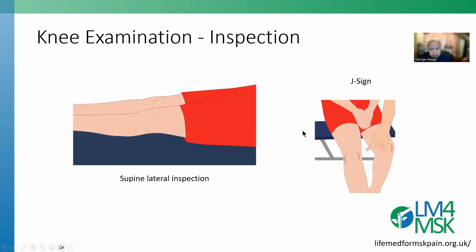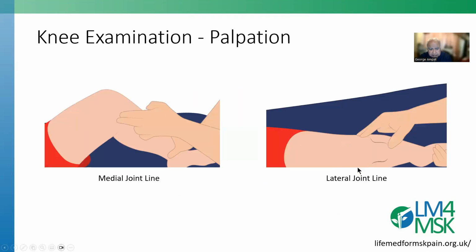And you want to look while they are sitting, lying down on the couch, and also to see when they are activating, straightening out their thigh, and to see how the kneecap is moving, whether it is moving in a straight line or whether there is an inverted J, there is a greater pull of the vastus lateralis. You may need to feel both the inside of the knee and the outside of the knee, whether there is tenderness, that is pain on palpation, that is tenderness, shows maybe there is some pathology or problem in underlying where